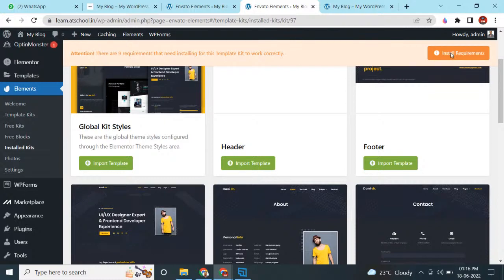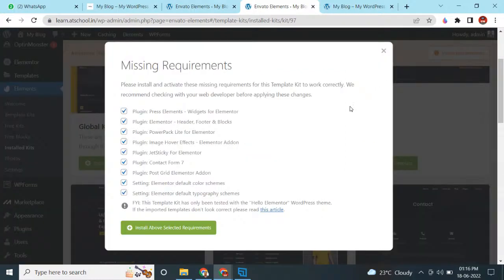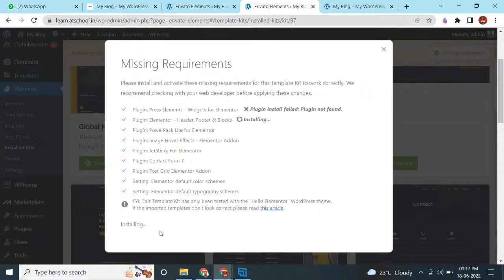You need to click on this, and here you can see this install above selected requirement. All the software or all the plugins which are available right here will be installed inside your website. Okay, so we will wait right